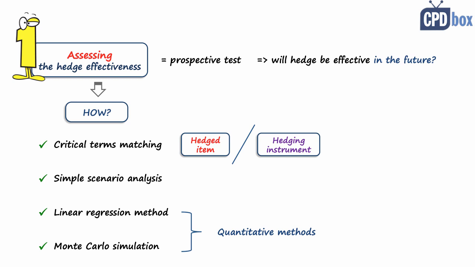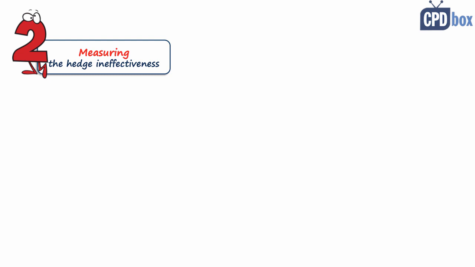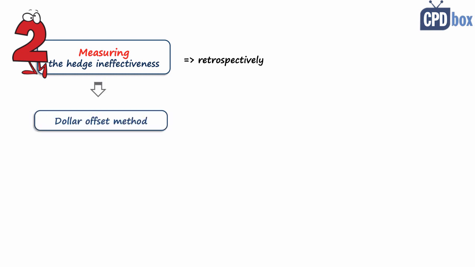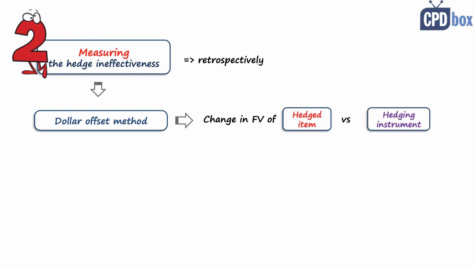And except for assessing the hedge effectiveness, you need to do the second thing, as I mentioned. Measuring the hedge ineffectiveness. And this is done retrospectively, so not at the start or the inception of the hedging relationship, and you would apply dollar offset method in most cases. So it means that you need to calculate how the fair value of the hedged item changed over a certain period, and how the fair value of the hedging instrument moved, and based on these movements you can calculate the